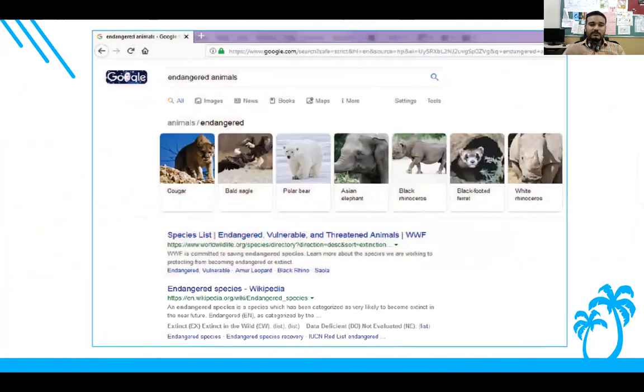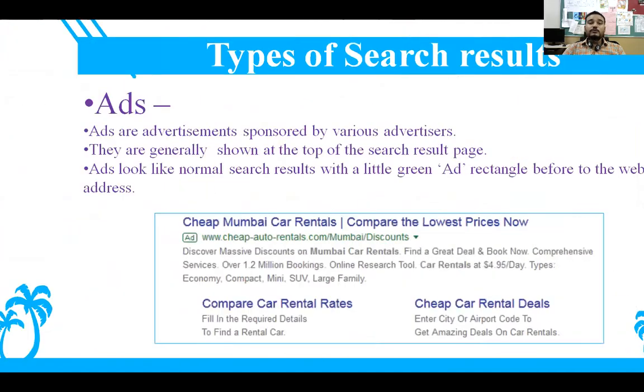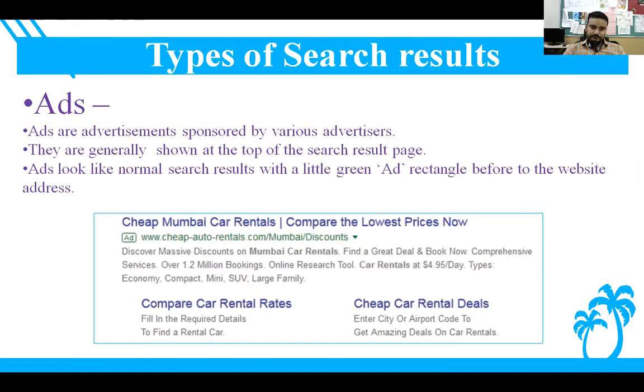When you search, the information will be shown in two types. Here we have searched the information like endangered animals, but when the search result appears on your screen, it will appear in two parts. So the first part will be ads. Ad means advertisement. These advertisements will be paid, or they will be related to that particular search material, or whatever the search history is. For that, these ads will be shown.